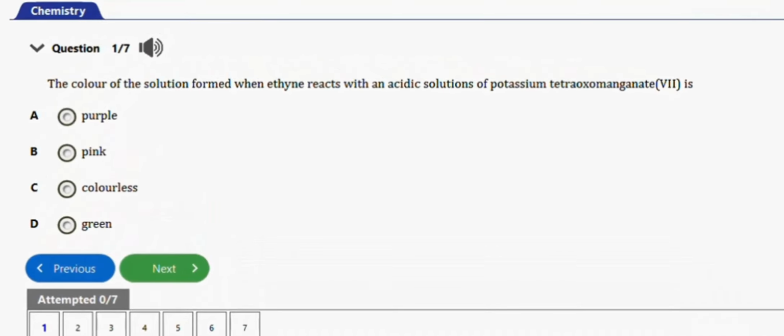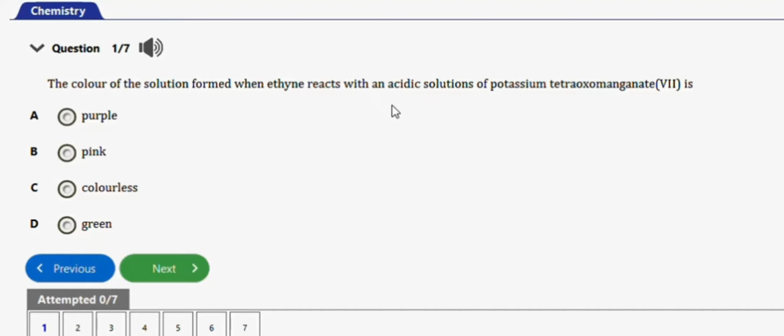In this video, we're going to learn how to solve these chemistry problems under Alkynes. So guys, we have 6 repeated questions to practice with in this video. Let's get started. The first question I have here says, the color of the solution formed when an ethyne reacts